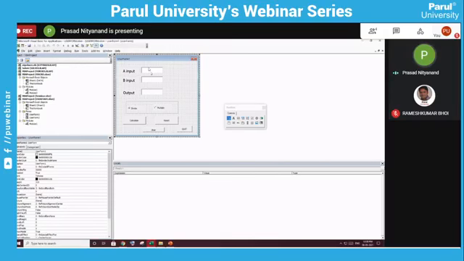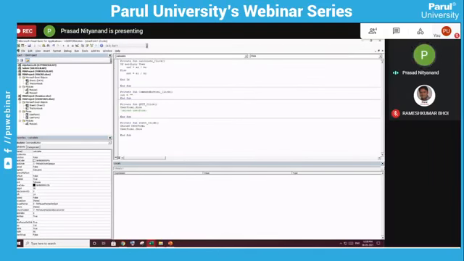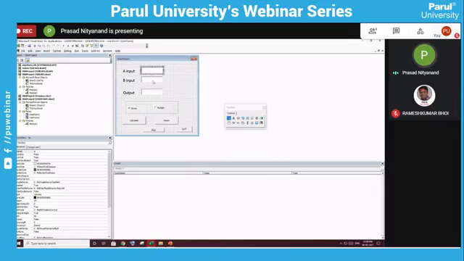This is the user form which I have created. I have coded the calculate, reset, clear and quit buttons. The calculate button is nothing but: if multiply is active, then the output will be the multiplication of both the inputs; else the output will be the division of A and B. So this is one simple form. This is AI, this is BI. You can see the name here. This is AI, this is BI, and this is out.